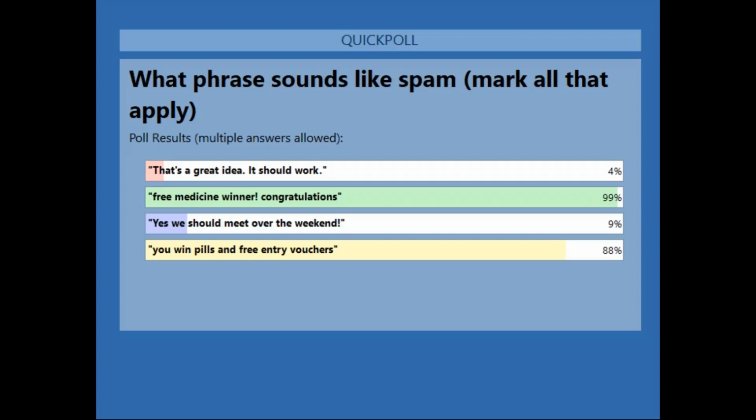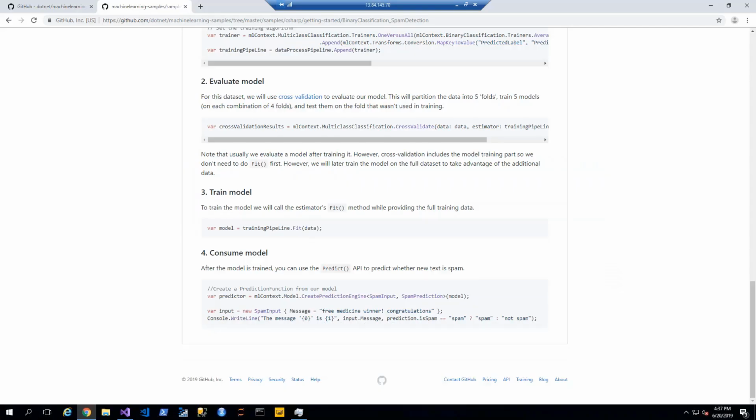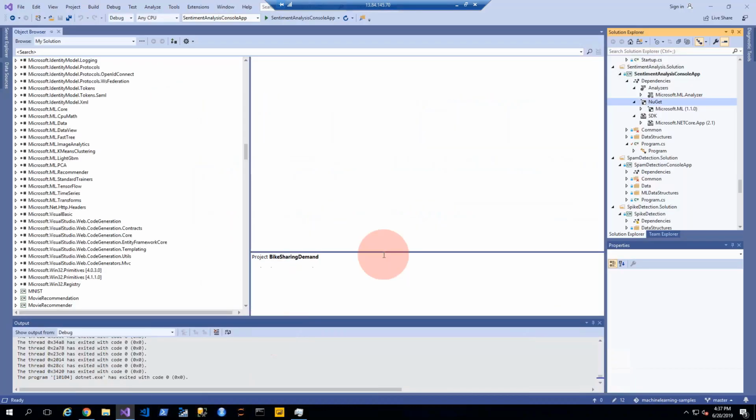Granted that in the real world, any of those could actually be spam or not spam. But the way the audience answered today, indeed, the second and the fourth answer are how the source data set had shown this information. All right, so now let's go to the online example, and I'm going to go ahead